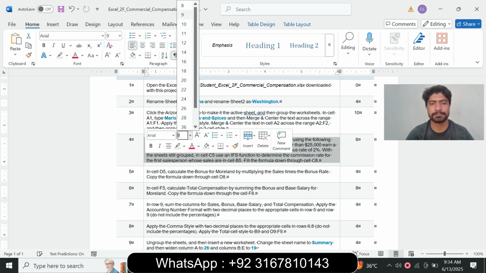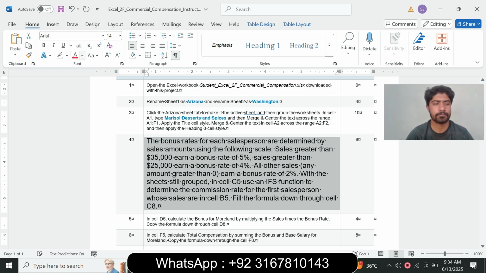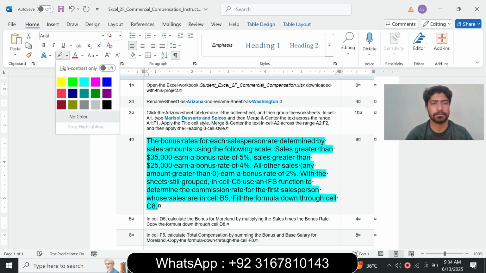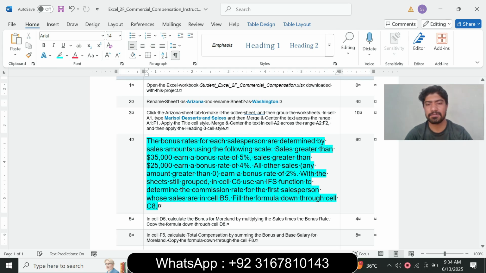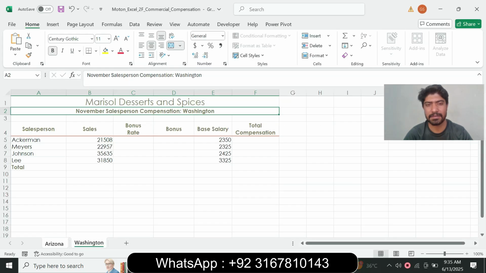Question number 4 is the bonus rate for each salesperson is determined by the sales amount using the following scale: sales greater than 35,000 gets a bonus rate of 5 percent, and so on. With the sheets still grouped, select cell C5 and use an IF function to determine the commission for the first salesperson based on the sale in cell B5, and fill the formula down through cell C8. So select C5